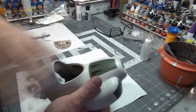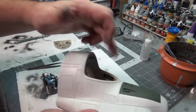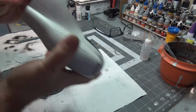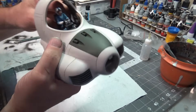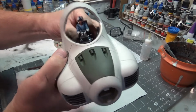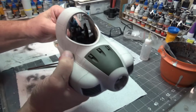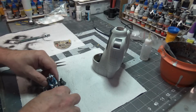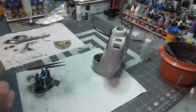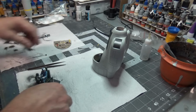Now that I've got the canopy kind of sorted, I've got some more panels inside here sorted. I've done about as much of the adding to the cockpit that I'm going to do. So I'm getting ready. I really want to glue him in, but to do that, the one last thing that I need to do is to handle the handles. So let me take care of that, and then hopefully we can start flying through the rest of this, because